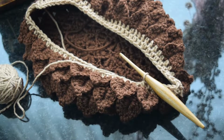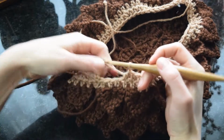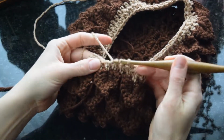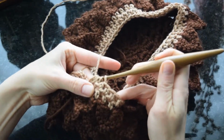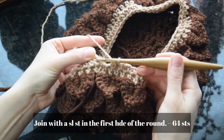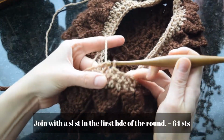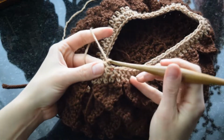So we're decreasing our volume so that the brim will be tightened inward. Here I am at the last half double crochet 2 together. That should fall in the very last 2 stitches of your hat. If you change the number of crocodile stitches, you will have to change this pattern to get the right amount of decreases. But to finish off, we're just going to slip stitch in the first half double of the round